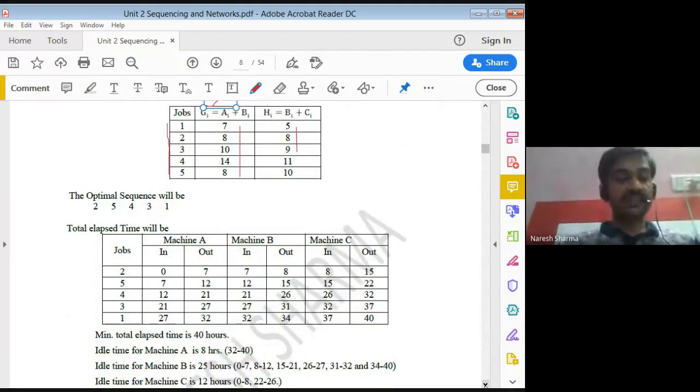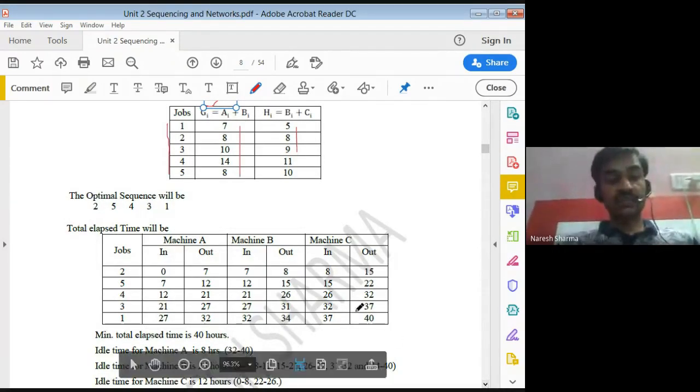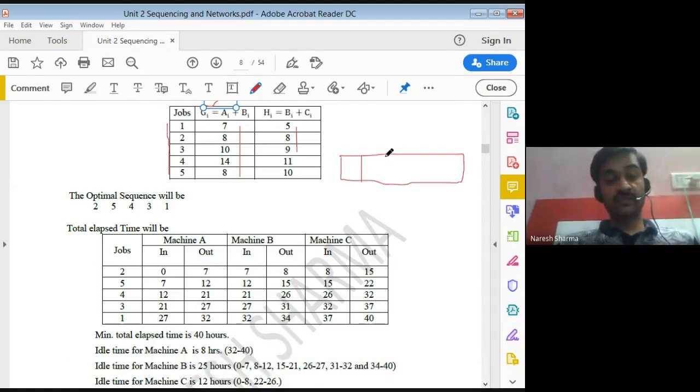So after that, you require the ordering. For ordering, we have the 5 jobs, so we need to mention in which order we can do the job process. For that, you just see what is the minimum value in both G and H. If the minimum value comes in H, we write it at the end, and if the minimum value comes in G, we write it at the start.